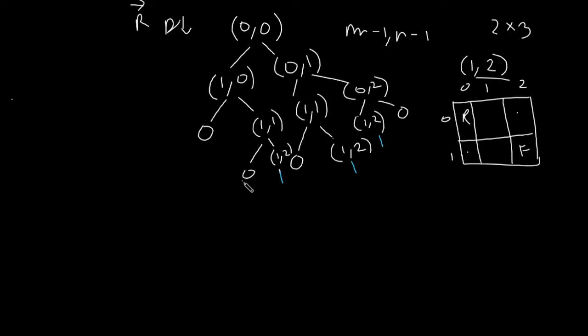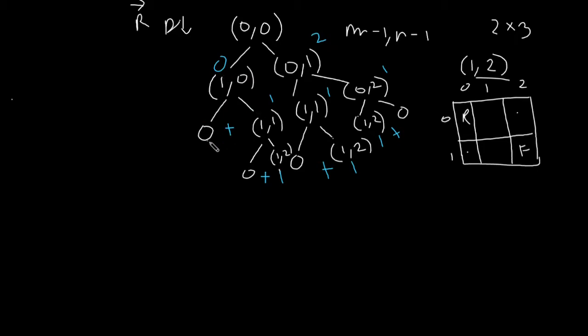This downward portion returned me 0, so we're going to sum this up. 0 plus 1 will be 1, so 1 will be coming over here, right? Again we are going to sum this, 0 plus 1, so again it will be over here, right? For this case, this is currently 0, this is 1, right? So if you sum 1 plus 0, it will be 1, right? Again 1 plus 0 will be 1, right? Now 1 plus 1 will be 2, right?